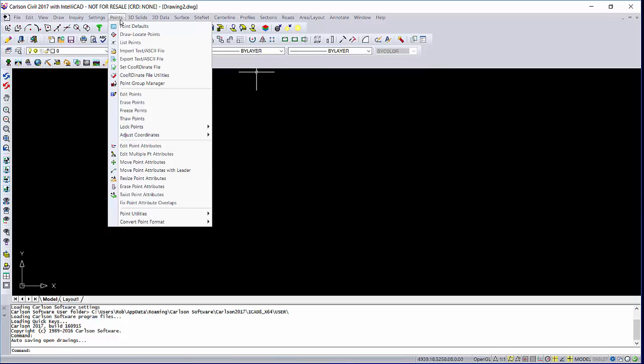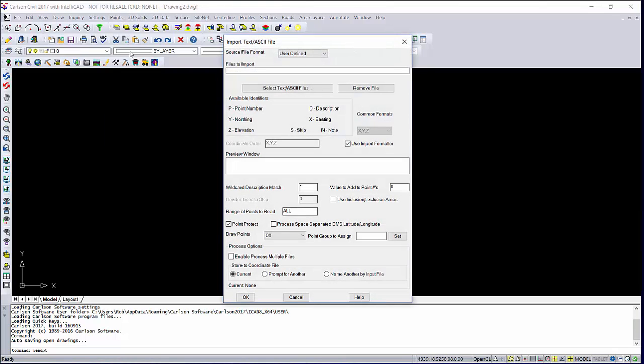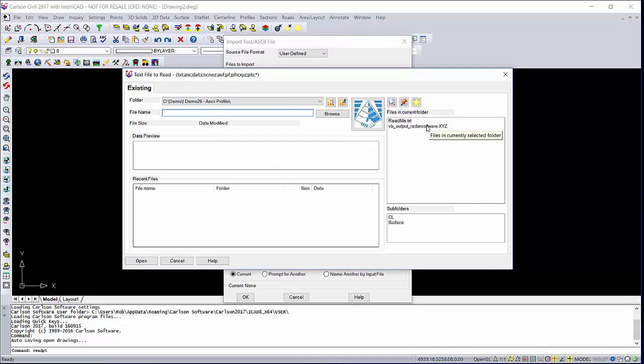We're going to import a text file, an ASCII file, and we're going to create our profile from the ASCII file. And this ASCII file, for instance, could be the readings from the ground radar. So it could be the numerical output of a ground radar. So what we'll do is we'll select this file